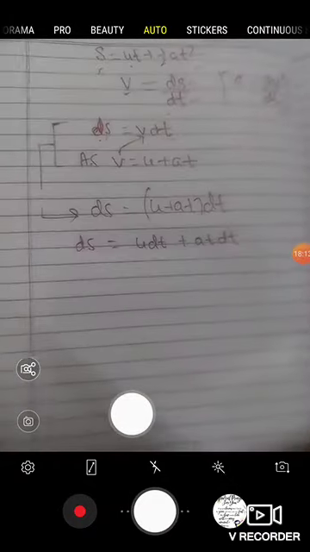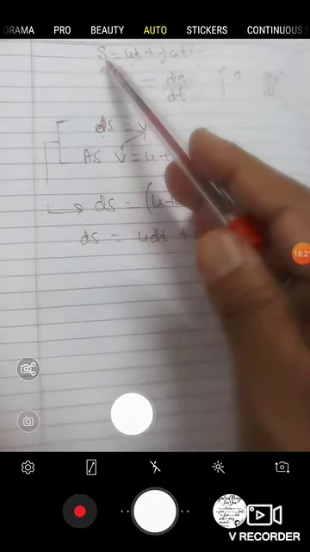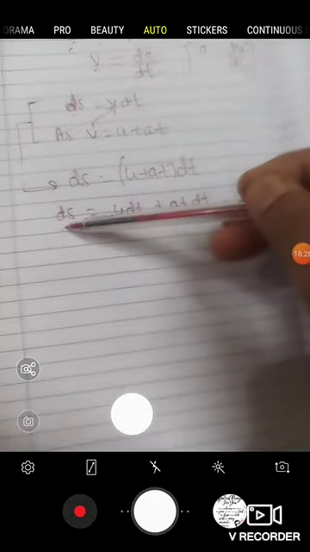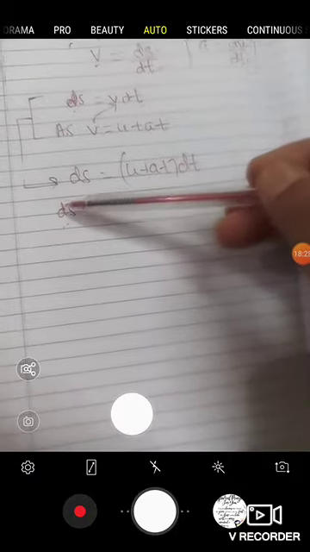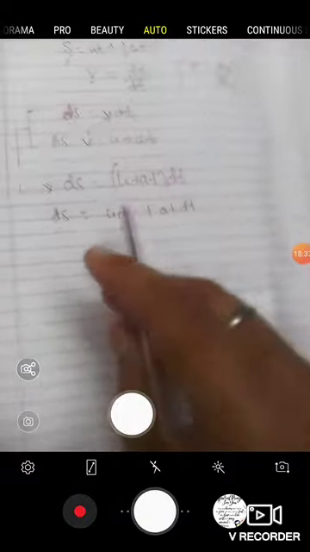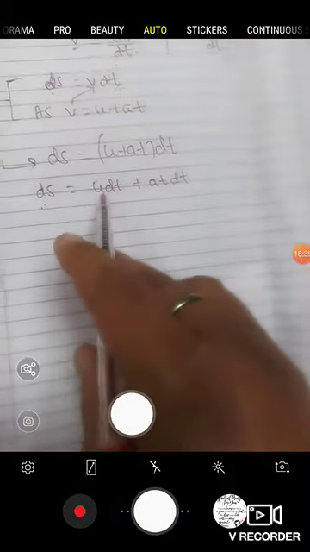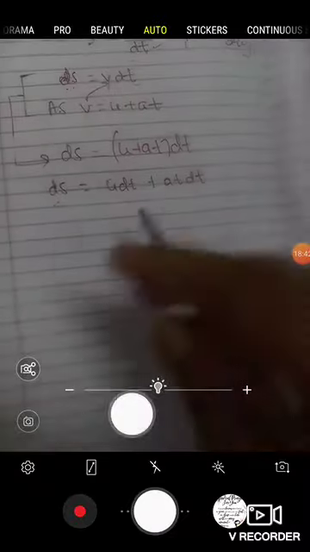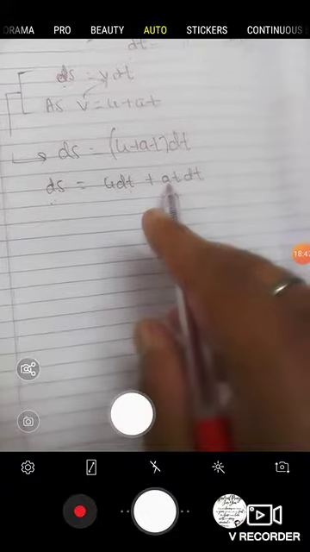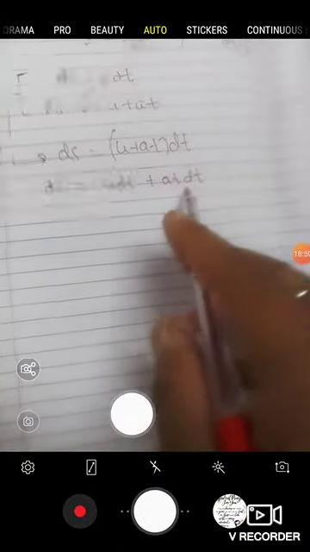Now students, again what do we have to do? We have to integrate it. If you see the formula, here there is only s, no s2, no s1, and here is ds. I know that if I integrate ds, I will get s. Similarly, here is u dt. I know very clearly that if I integrate this term, u will be outside because u is constant. I can only integrate dt. In the same way, in at dt, I can only integrate dt.